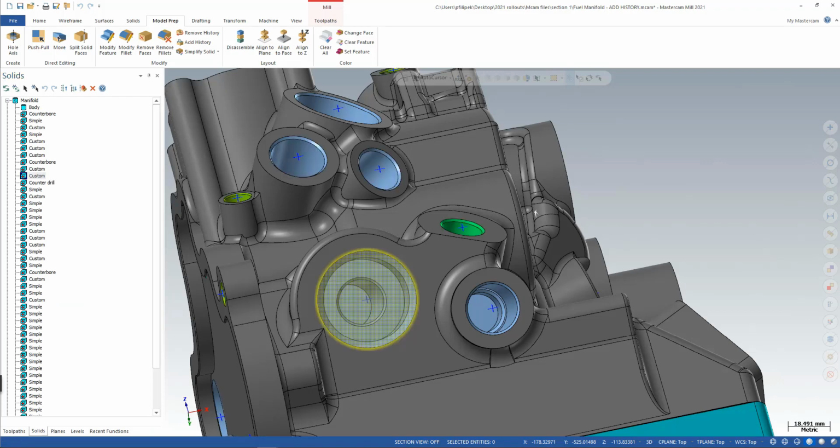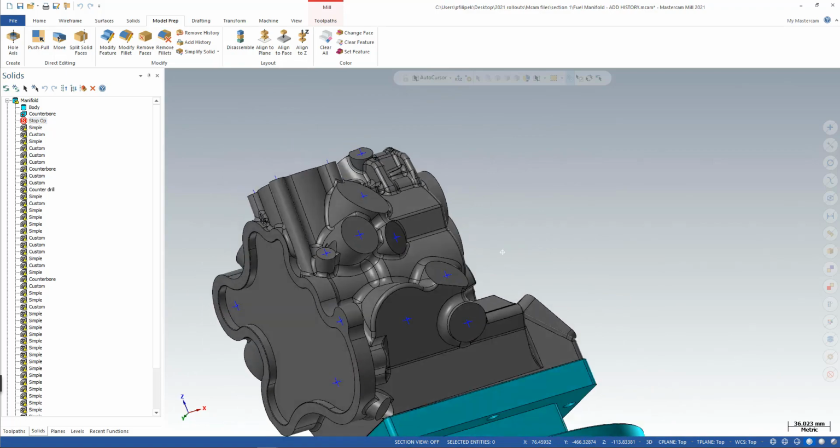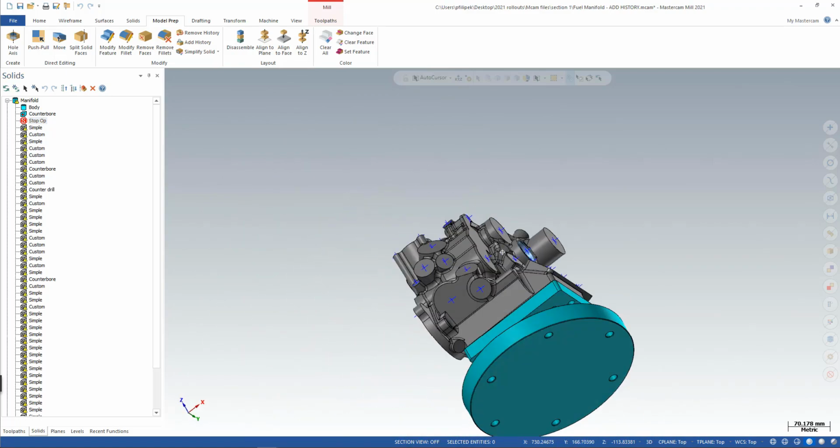And it's going to rebuild it here. Another thing I can do is I have a stop op in here. If I hold down left click, I can drag this thing all the way to the top and drop it. And you kind of got to drop it in between, otherwise it doesn't take. It's kind of goofy there. So now what happened was I put a stop op way up to the top, and now look at my